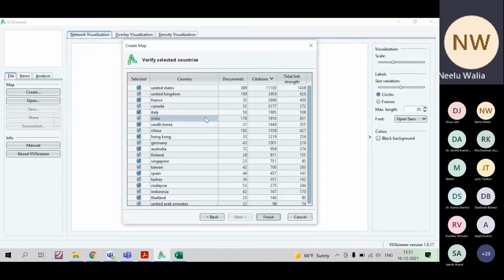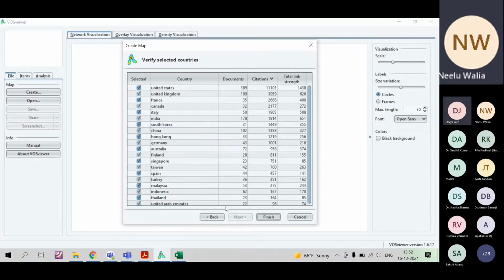There are many papers that you will find written by Indians. Here, China is 7th, Australia is 7th, and Singapore is almost at the 10th position. So India is not on the top, but not on the bottom also.